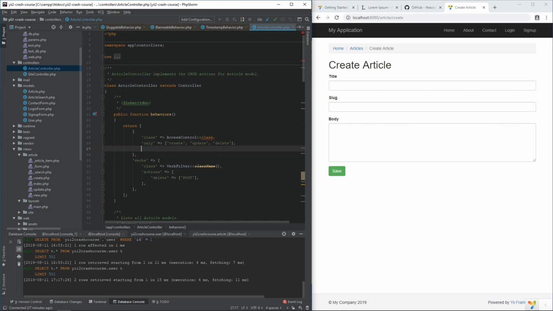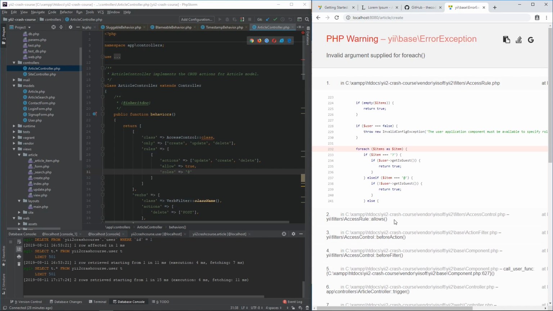This will work on create, update, and delete actions, and the rules will be the following. For actions update, create, and delete, allow only authenticated users. Okay, so if I refresh the page now,